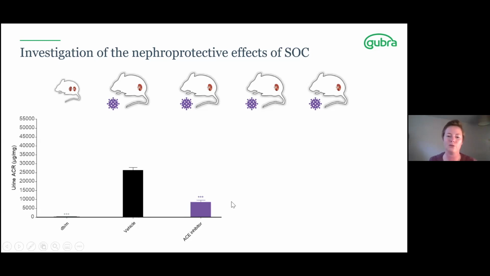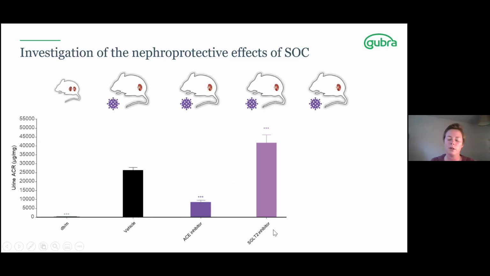And that's, of course, very good. So in terms of the SGLT2 inhibitor, we saw something surprising. We actually saw that when we treated with SGLT2 inhibitor alone, we saw an increase in albuminuria. We are currently looking at why this may have occurred. We have some excellent theories of why this might be happening, but I think we were a bit puzzled about